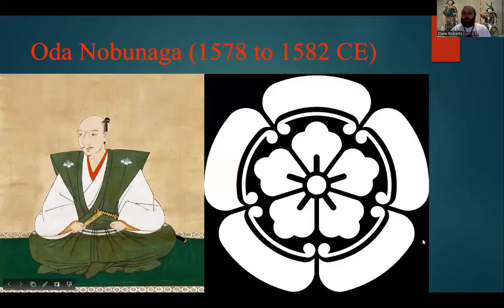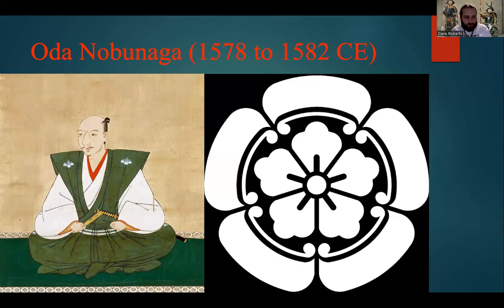Okay, so now we've talked about him several times with the Mori clan, with the Uesugi and the Takeda clans, as well as his successor with the Chosokabe and the Shimazu clans. Let's actually get into it. The next daimyo we're going to talk about is Oda Nobunaga, the Demon King of the Sixth Hell, as he